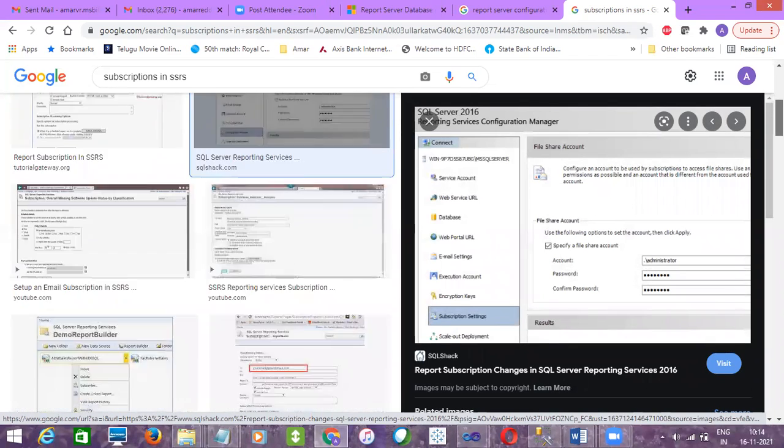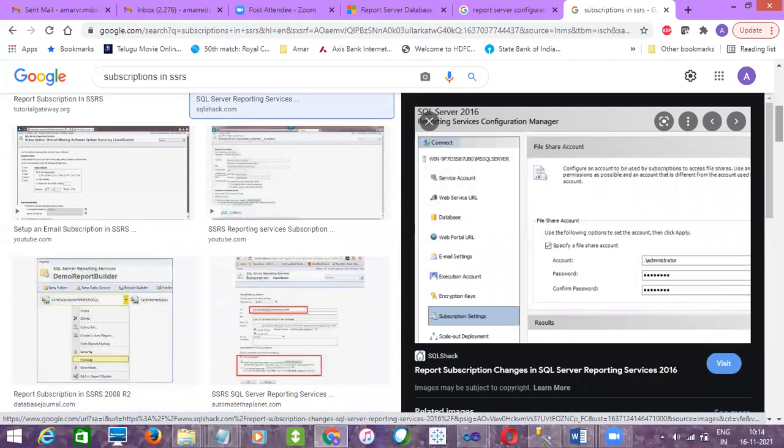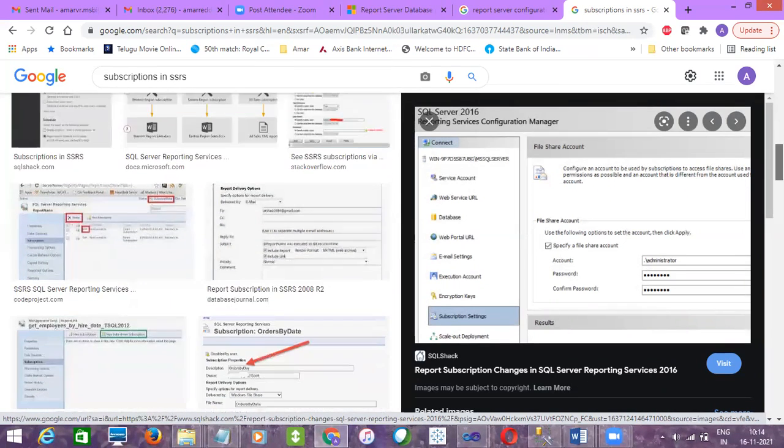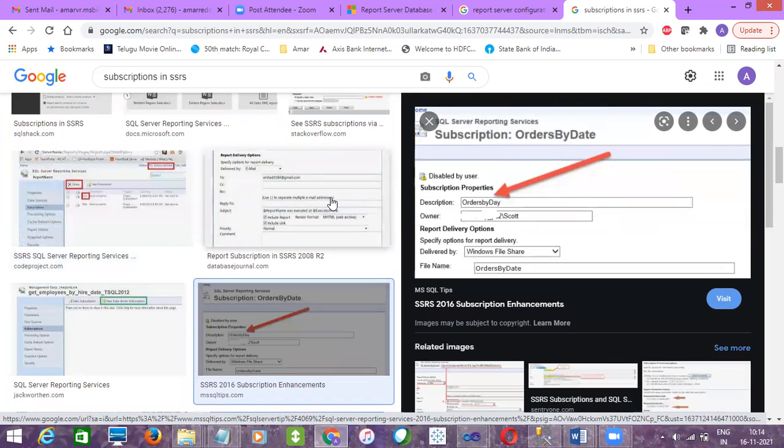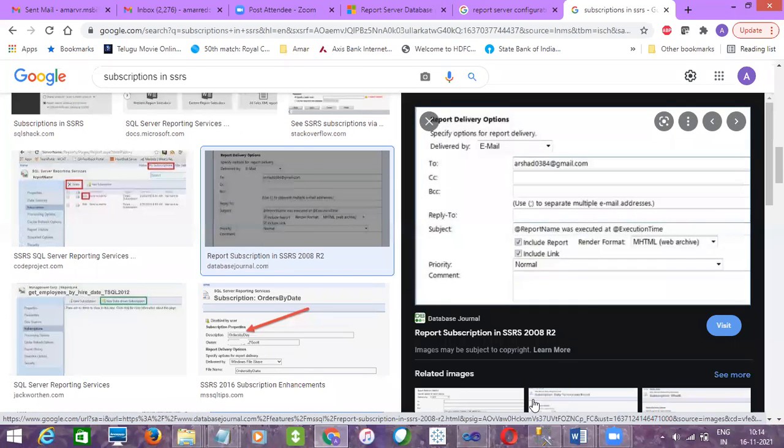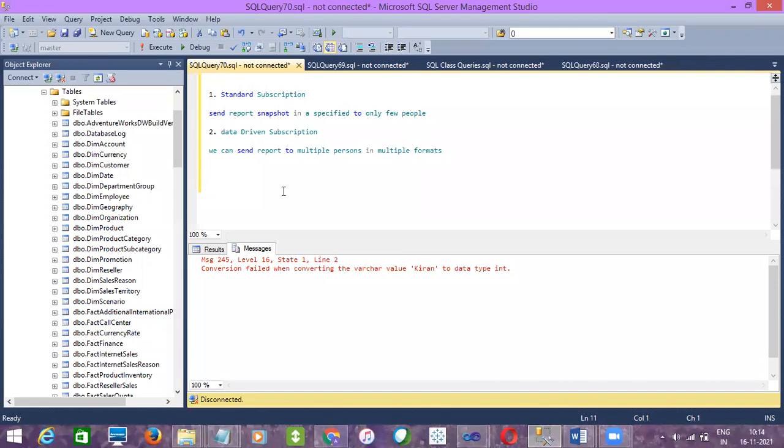But basically, since I have to tell you from the interview point of view, I'm telling it, but usually the subscriptions, and once you deploy the RDL, the rest, like giving permissions, all those things will be taken care of by your team lead or manager who is handling those reports, right? You don't need to worry about that. In an interview also, if they ask you, say that since I'm a junior resource, I'll just upload the RDL to the report server, and the subscription part, and also the roles.